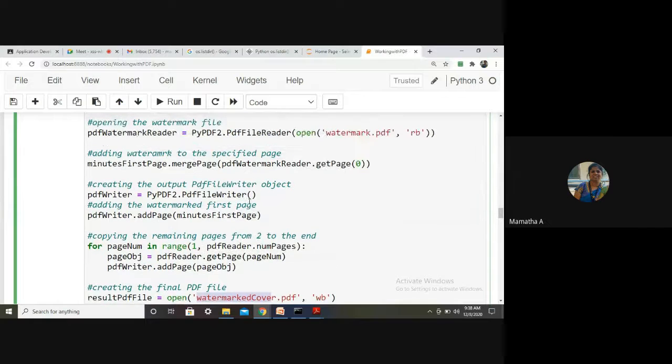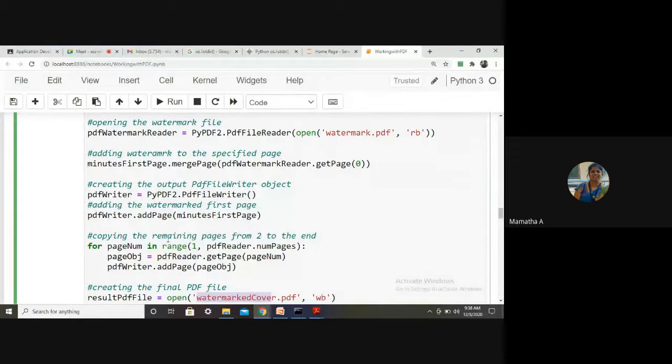Okay. So now, suppose I tell you to add watermark to all the pages. In that case, what changes should I do here? If I ask you, okay, write watermark to all the pages, put watermark to all the pages, what should I do?